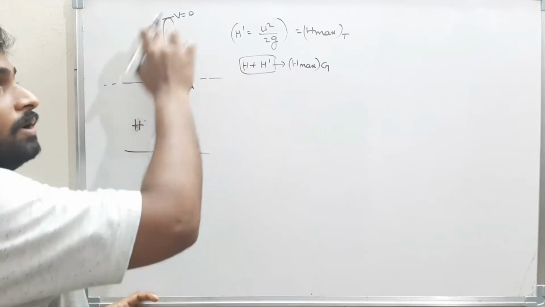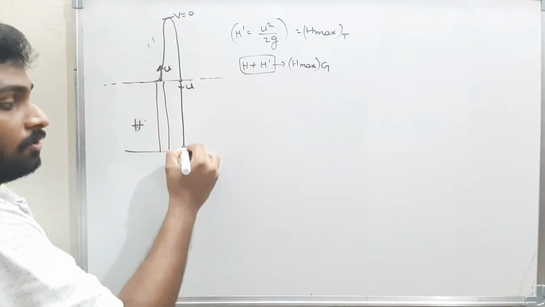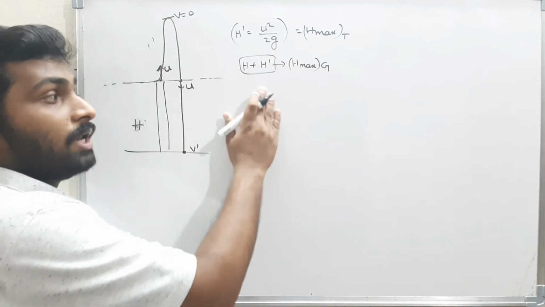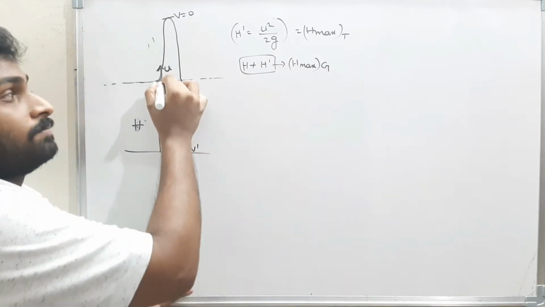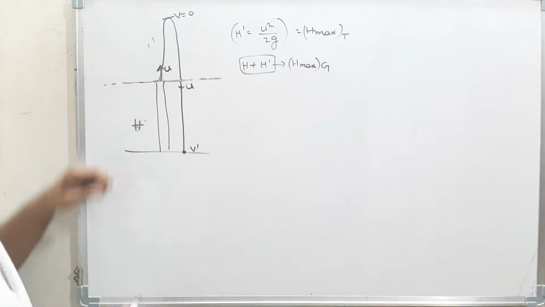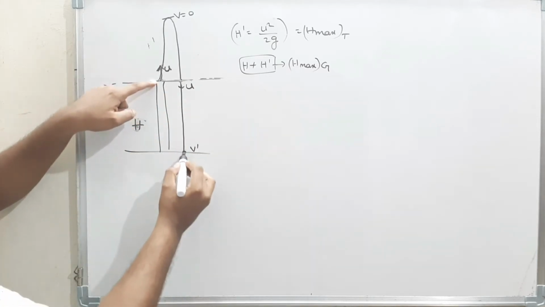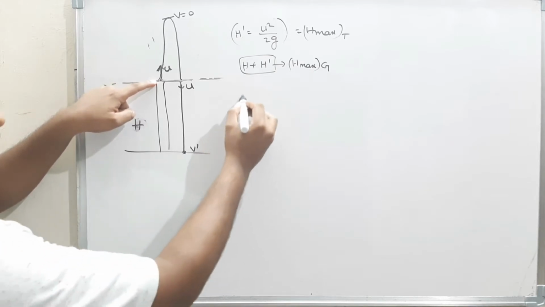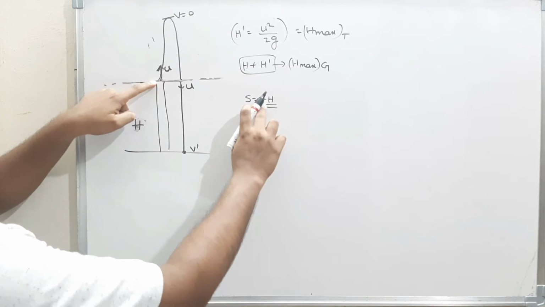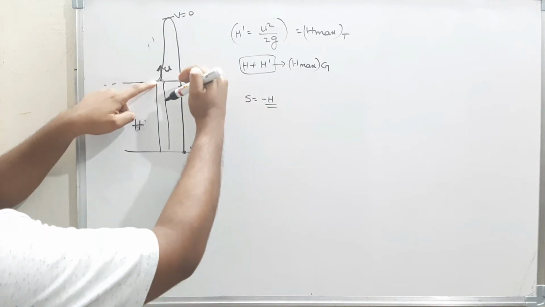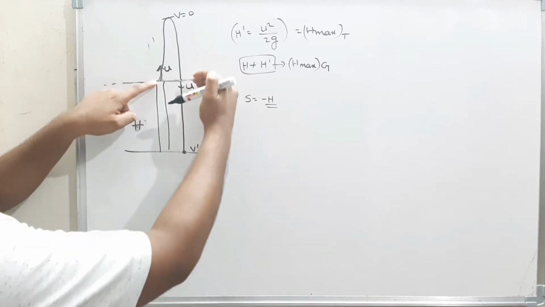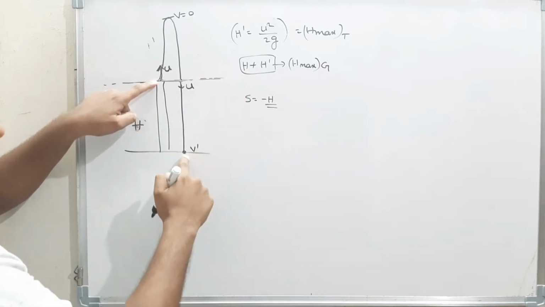What is the total time of flight from here to reach the ground? What is the time taken by the body to reach the ground? For that we derived one formula. What is that? This is the reference line and initially the body is here, and finally the body is here. What is the net displacement? The net displacement is s is equal to minus h. Minus represents below the reference point. The net displacement is negative because I am taking the final position below the reference point.